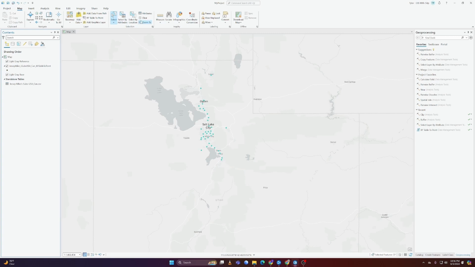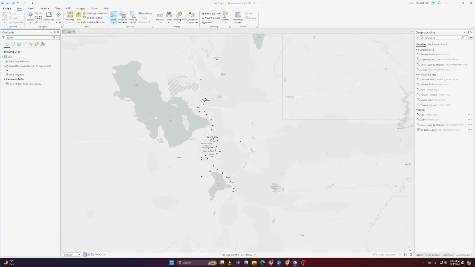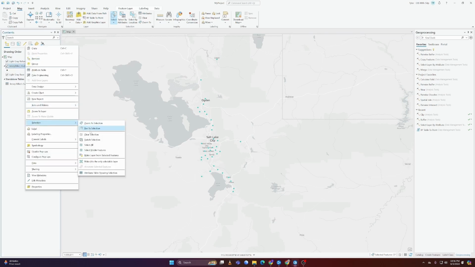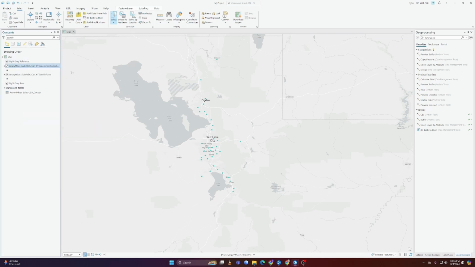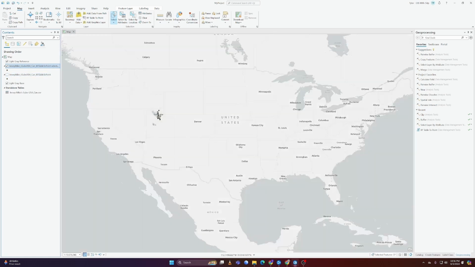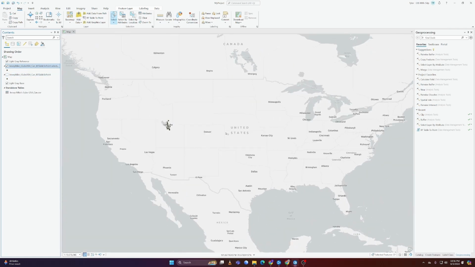Let's go ahead and clear. Let's say these weren't just in such a neat little area. There was like a little polygon or a different shape. I could click on polygon and just click on every little vertex around that shape, and when I'm done I double click and it will select everything inside of the polygon that I just drew. I can again say selection and then make layer from selected features, and we test it again and we see that it worked. So that's how you can do it, by drawing on the screen the area that you want to